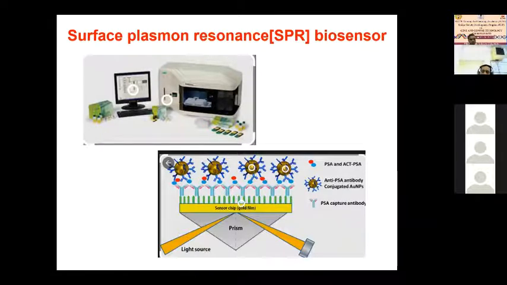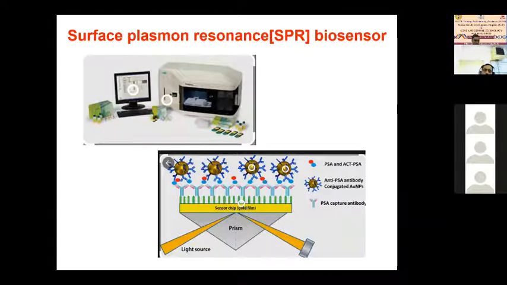If you have an antigen and antibody, or any two types of interacting molecules, you can screen drug molecules on the cell surface, and you can screen biomolecule interactions. So that sort of robust, reliable information you can have over this system, and there is no comparison of these systems to any other system. So in that sense, it is very useful, but you can develop your own chip also.